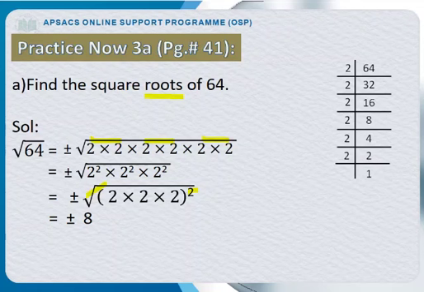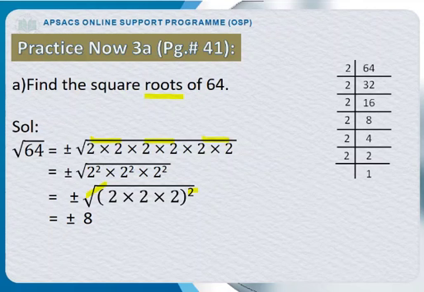First I'll write the heading of solution, then square root 64 equal sign as it is, plus minus, then square root symbol and I'll write all the factors of 64. 2 into 2 into 2 into 2 into 2 into 2. How many 2's are there? There are 6 2's. It means there are 6 factors for 64. Now I will make a pair of 2 numbers. First pair, second pair and then third pair.